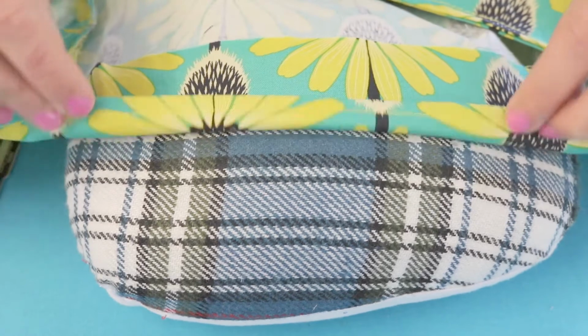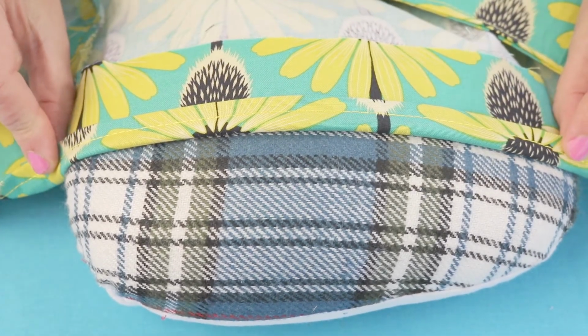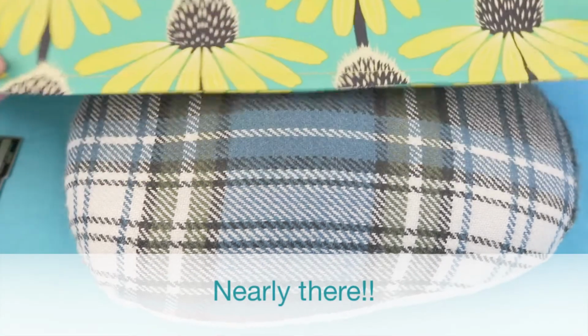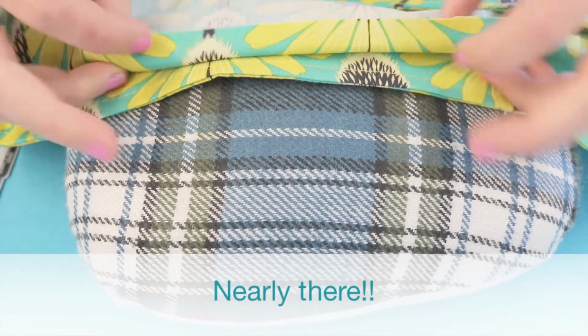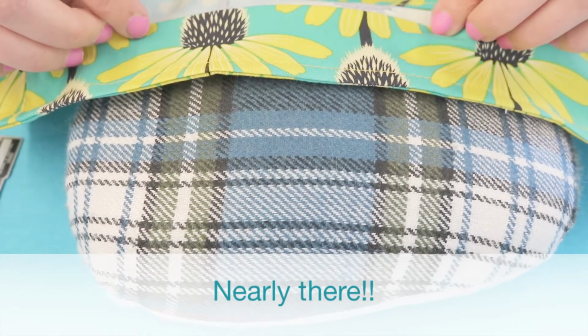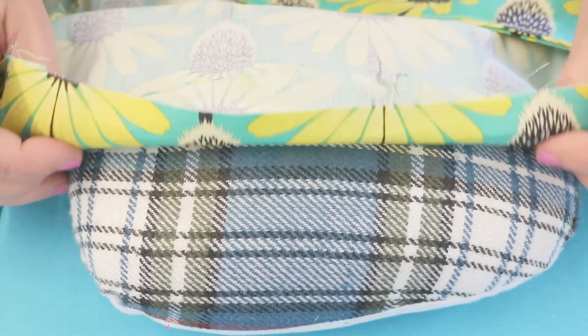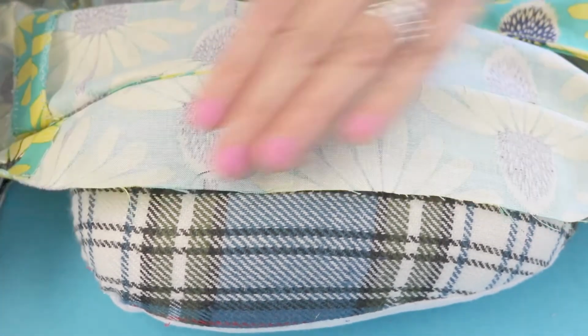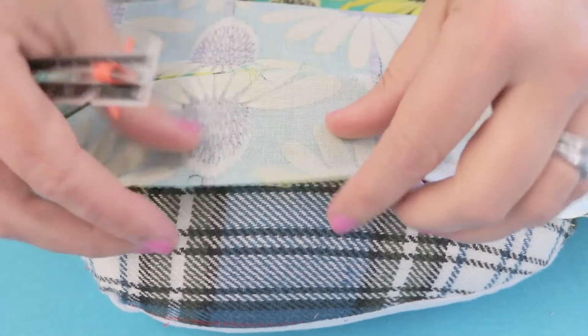As you can see, I have done the first row of stitching at the bottom of the skirt, and now in step 11 we're going to turn under this edge here and then stitch that down as well. So it's easy if you just pull it away from the bottom of the skirt a little bit, and again with your sewing gauge or tape measure set at 1/2 inch,